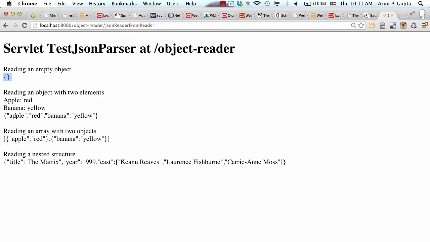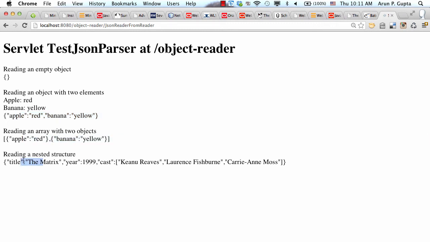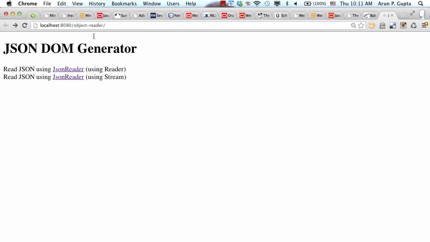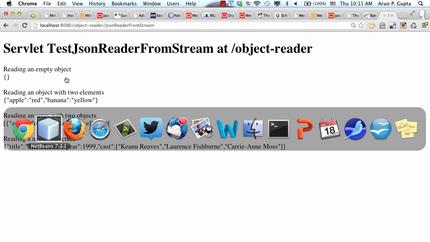I'm reading an object with two elements, reading an array with two objects, and reading a nested structure. So all kinds of complex or simple structures can be very easily dealt with using the DOM API. I've done this with a reader, but I can of course do this with a stream as well. Similar output, but if I have to show you the code back here,